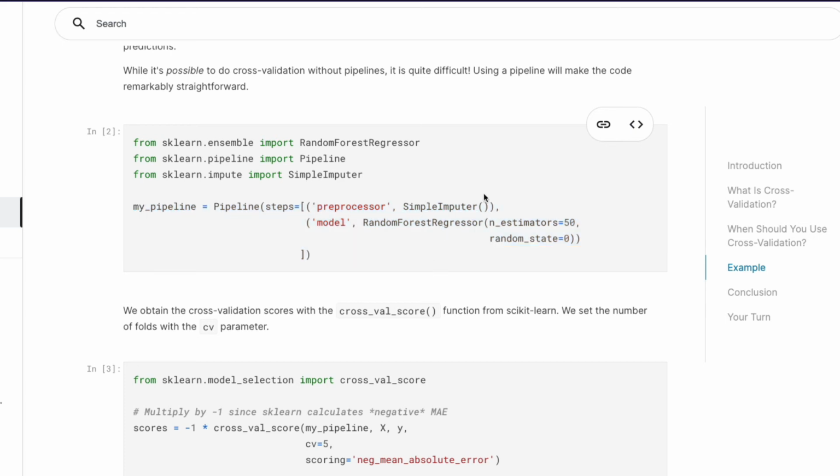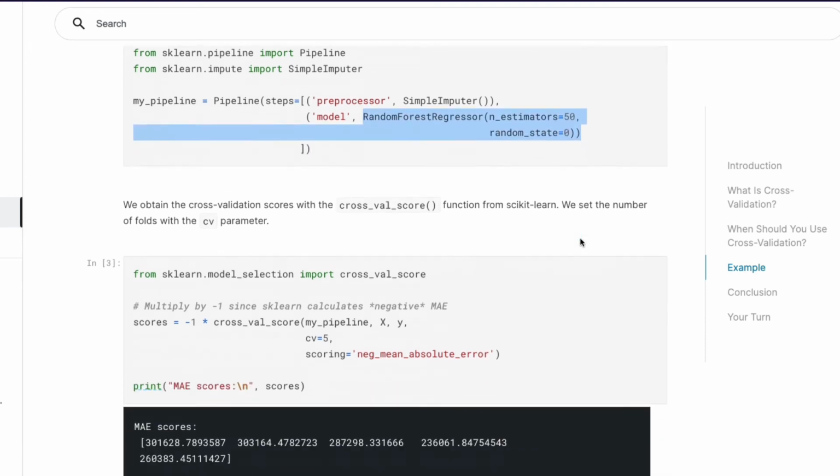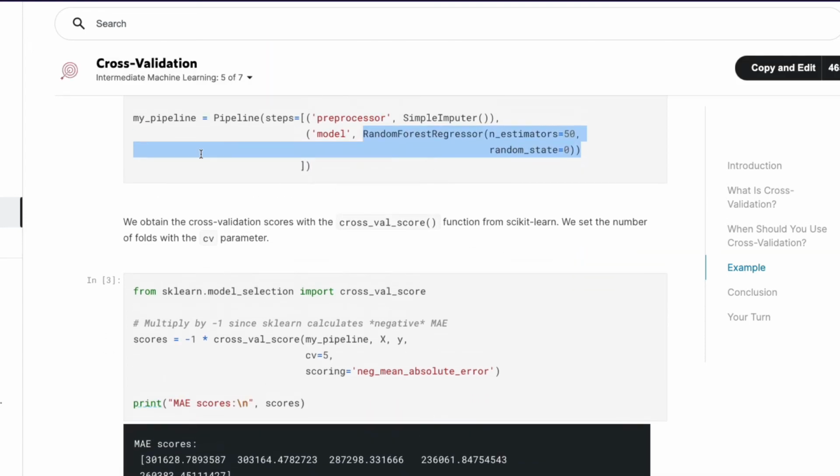So you can see, rather than defining these as individual steps, they are defining it in the same model pipeline. If you see the previous section, we did imputation separately, and we did the random forest regressor as a separate instance, but here they are creating it dynamically, which is also fine. You can do that. Now that our pipeline is ready, we need to get the cross validation score function,